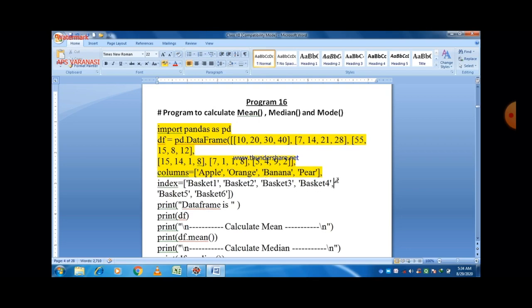Each list contains 4 elements, and there are 6 lists inside the nested list. So first of all, just create a data frame.